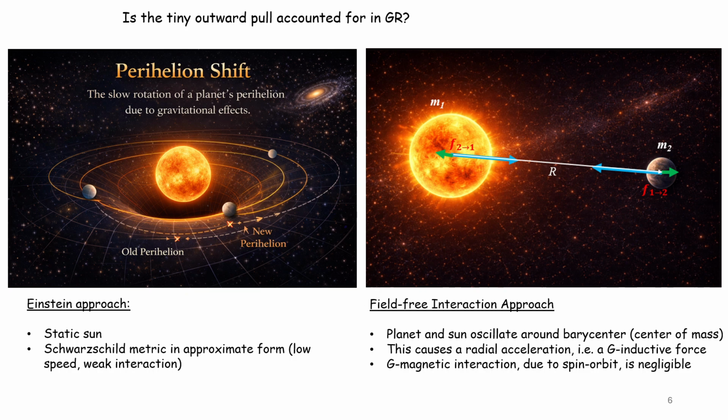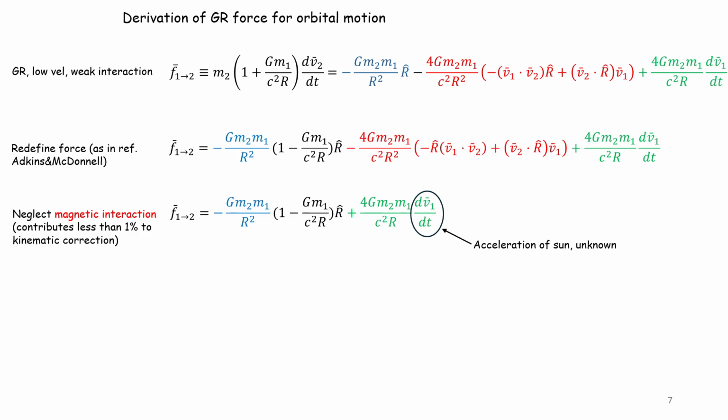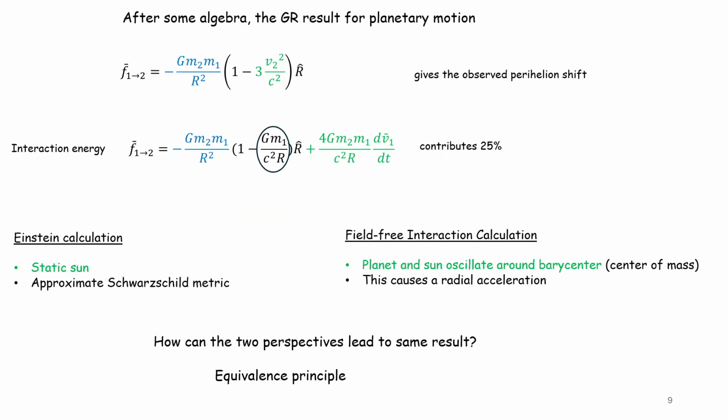Einstein started from the approximate Schwarzschild metric and assumed the sun to be static, whereas we have to accept that the sun is not static but oscillates around a center of mass. This was last time, so now